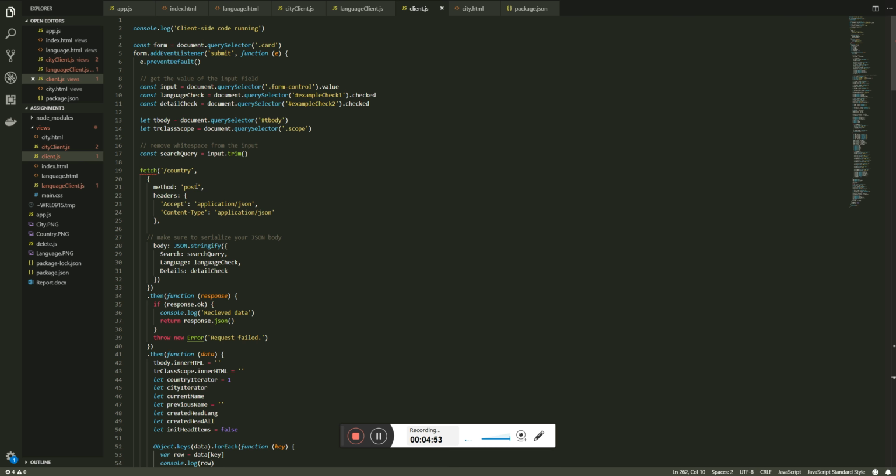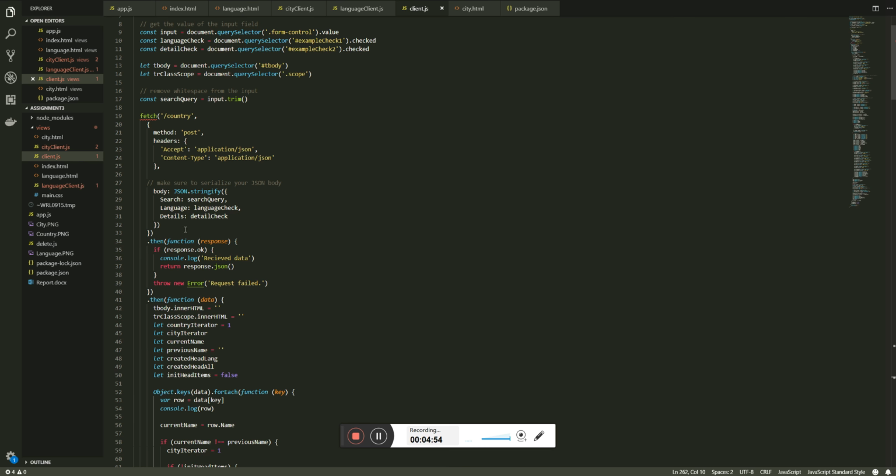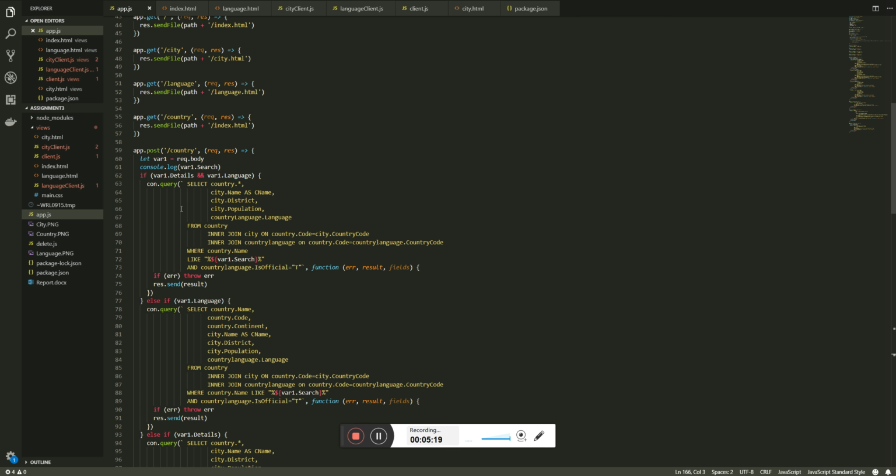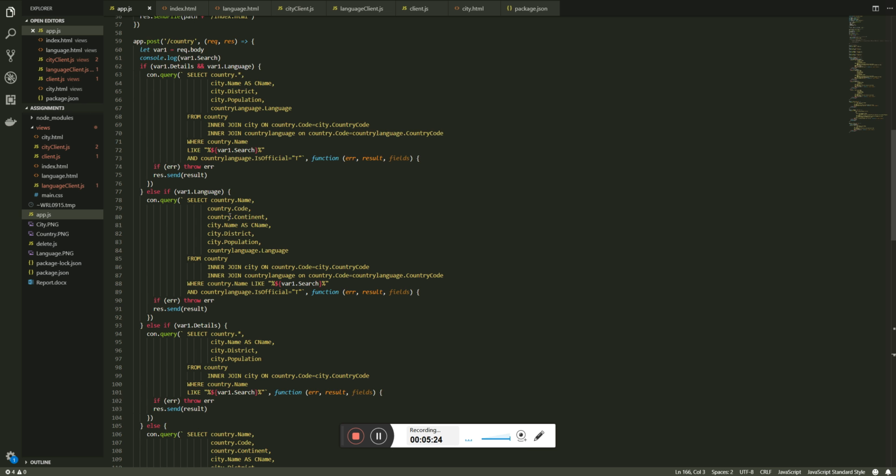And for that I'm using something called fetch, and then I'm using then and then to serialize my JSON and so forth. So from here then, when the user is asking for information, when he's searching for something, then I will check a couple of different things, like if the details were checked or if the language was checked, but the main